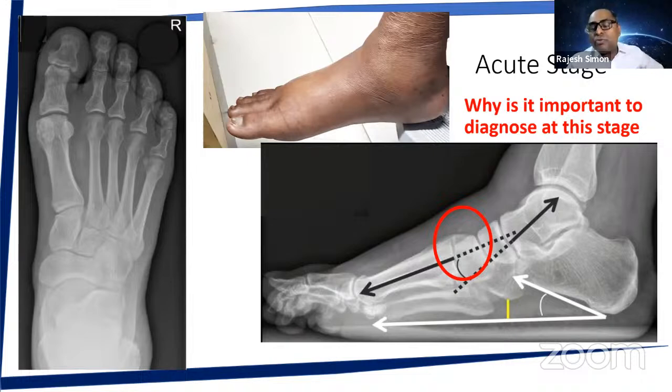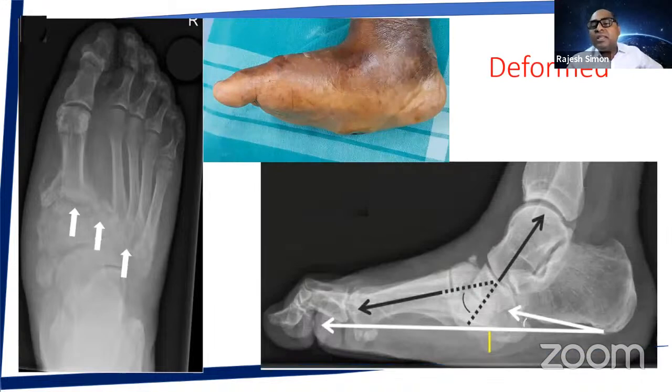The patient went back to the physician and he said, no, your X-rays are fine. It is okay. It is just cellulitis, and antibiotics were given. Two years down the line, the patient comes to me like this. Now that small spicule has become bigger, and you can see a complete catastrophe of the midfoot. The foot has completely become rock bottom. This could have been saved by just putting a plaster initially, but we missed the boat because the physician did not identify it early.